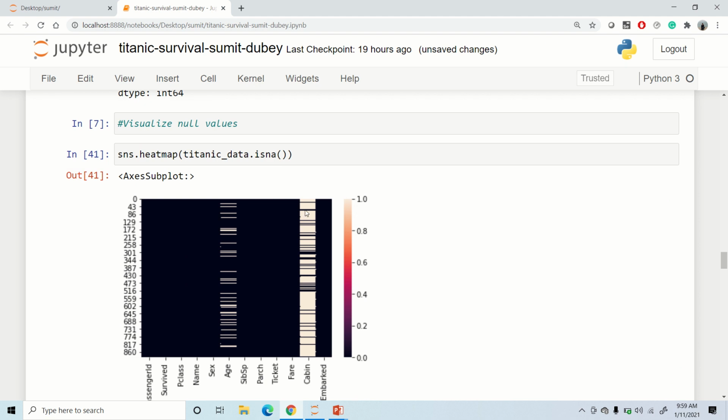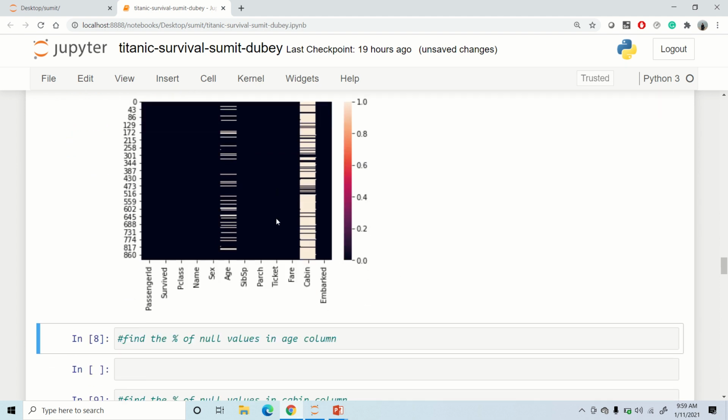You can see the null values appear strongly in the cabin column, whereas they are there in the age column as well, but not so strong. This is the way we visualize null values in our data set.